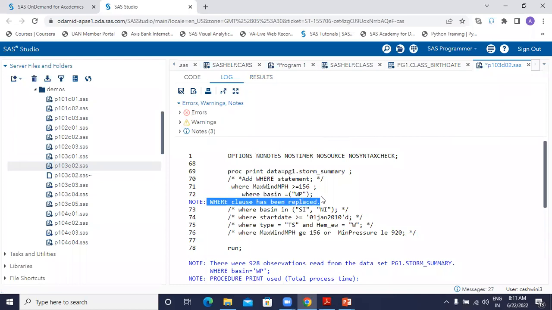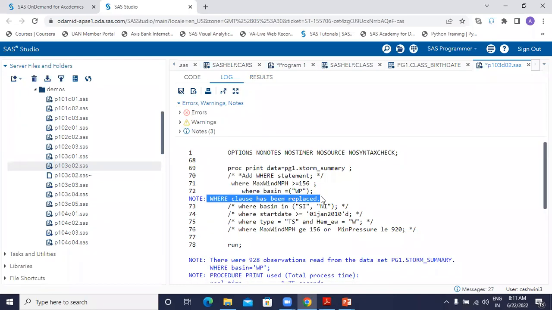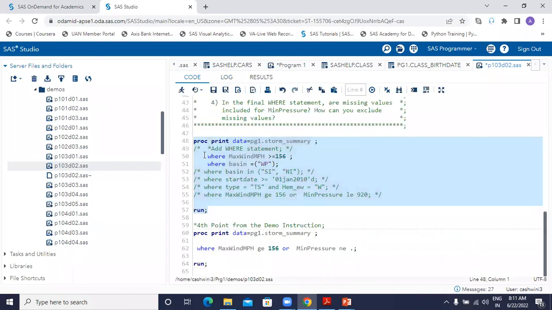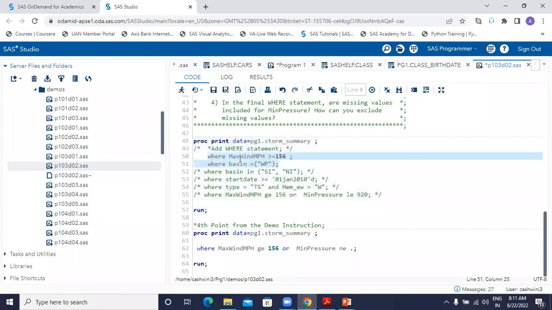So what is happening is it is replacing. See, look at this. It overwrote the earlier where. The second where condition has replaced the first one. Yeah, absolutely correct. So whenever you write multiple where statements to subset your data on different criteria, of course, SAS